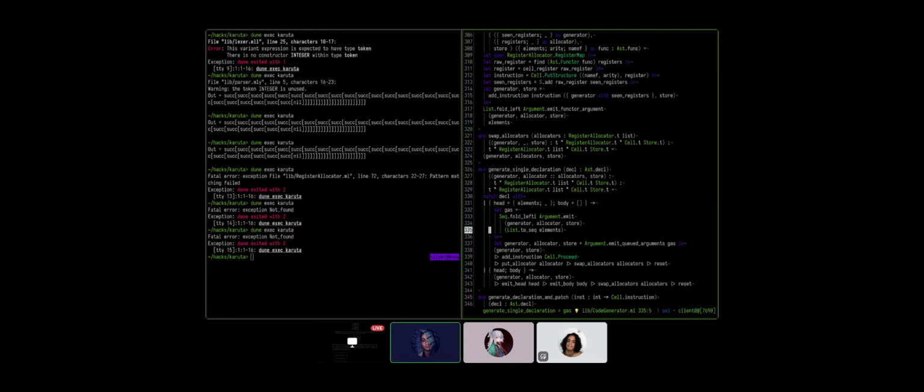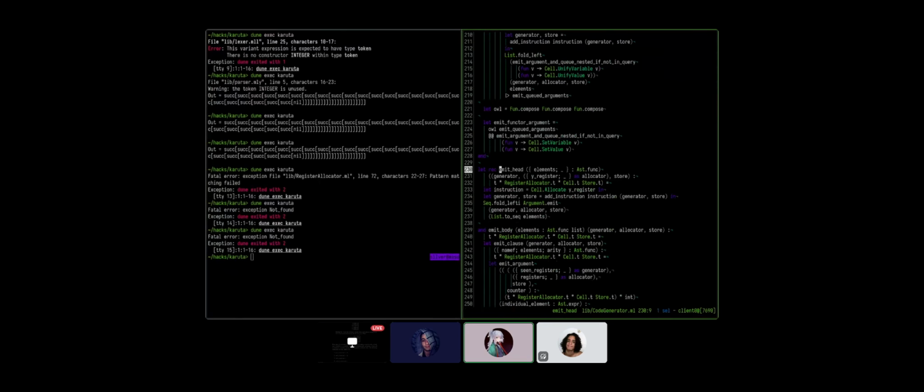Nice. So we're not gonna go to 331, we're gonna go to 341 because this plus has a body. And then we're gonna go to emit head and emit body. Those are the 2 places. Yeah, I think we bottom out on emit argument eventually.